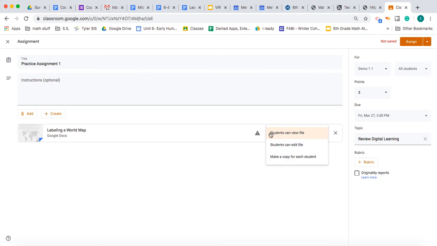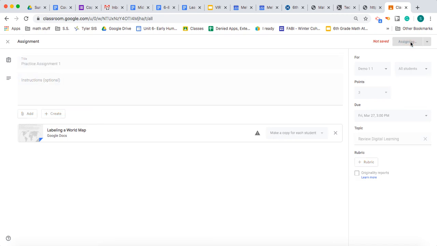So if it's just something you want them to read and you don't need them to type on there or anything, just put it out as students can view file. If you want it to be something where the entire class is editing the same document, which I'm going to guess you probably aren't going to want that, don't click students can edit file, but do make a copy for each student. So what that'll do is that'll make an individual copy for each student that they can type on, they can edit, that only you will see. So once you assign that out,